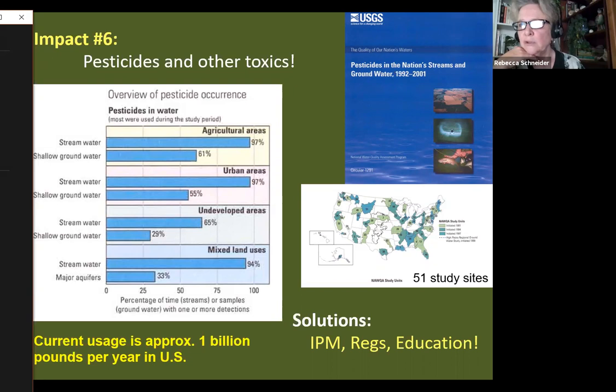That was in agricultural areas. In urban areas, it was similar. 97% had pesticides. Undeveloped areas were less, but still there's a lot of pesticides moving into our streams, and most have not one, but 3 to 5 or 7 different kinds of pesticides. The studies that look at the effect of pesticides on juvenile fish or amphibians usually look at one pesticide at a time. In the few studies that look at the synergistic effects, they find that when you have 2 or 3 pesticides the impacts are way bigger at very low doses. So we really need to get pesticides under control.